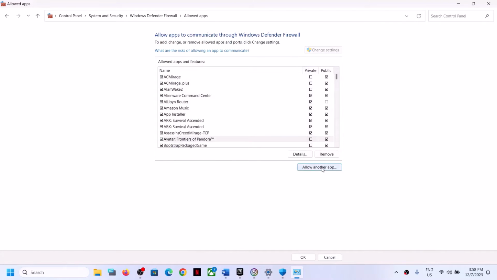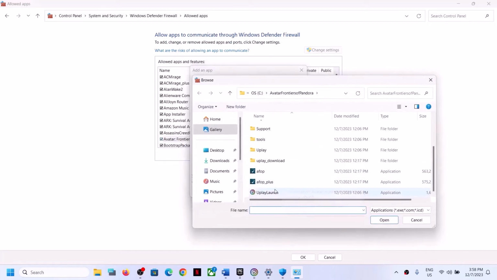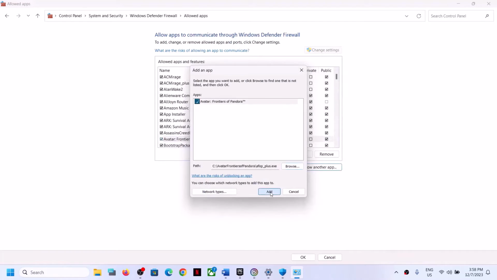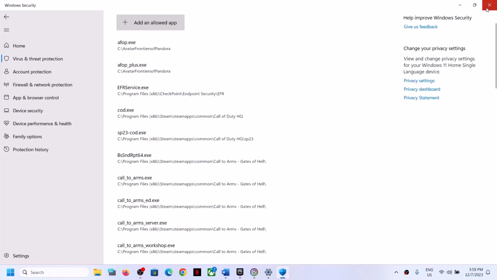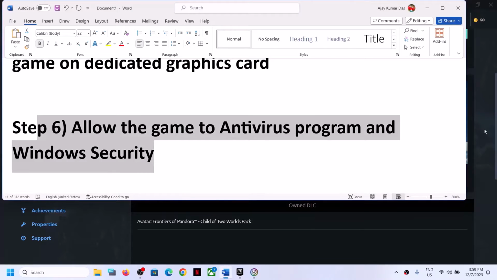Again click on allow another app, click on browse, and then select the second exe file. Now click on Open. Now click on Add. Once the game is added over here, now you can click on OK, and then launch the game. Now the next step is to